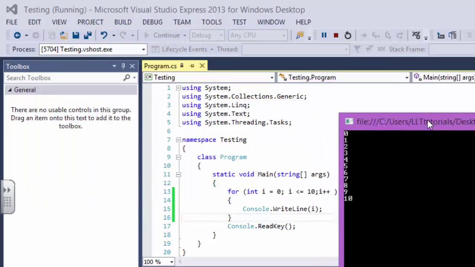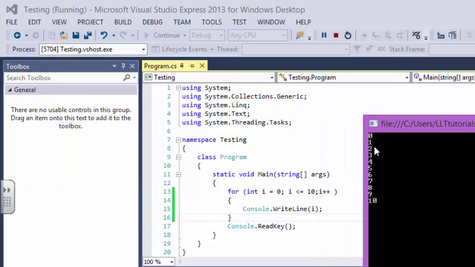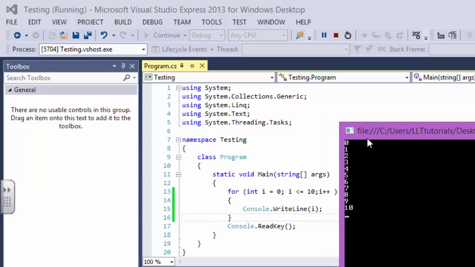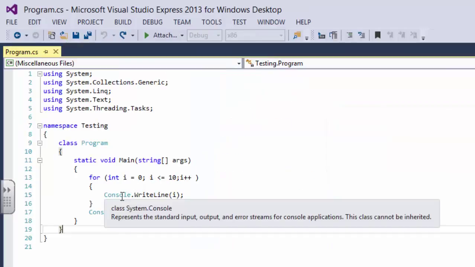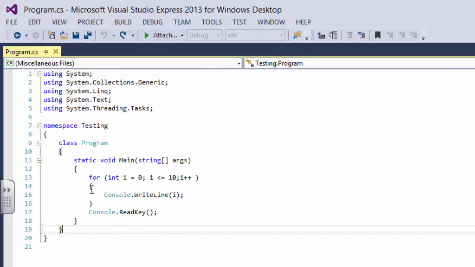As you can see, first it printed 0, then 1, then 2, then 3, then 4, then 5, and so on. Okay, so let's create another simple program for this. We are going to say